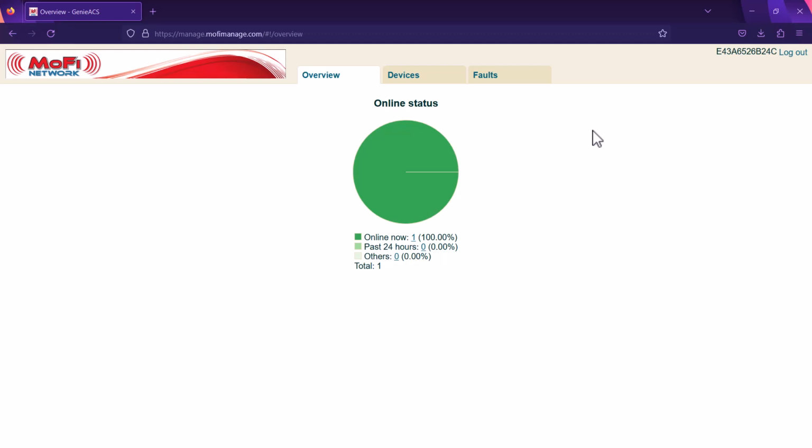Welcome to another tutorial on the MOFI 5500 remote management. Today we're going to take a look at how you can change the Wi-Fi name and password via the remote management